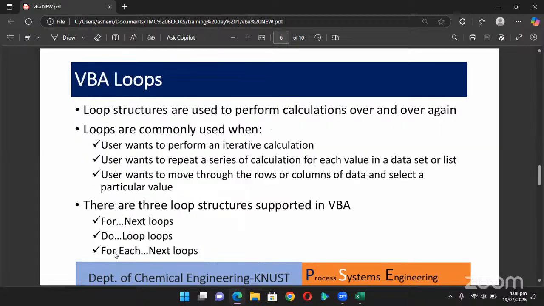So just like how we have if, we also have loops in VBA. Loops are structures used to perform several calculations that need to be done over and over again. Loops are mostly used under certain conditions. When the user wants to perform an iterative calculation, that is, if you want to run something over and over again, it's best to use a loop rather than an if or any other code block. And also, if the user wants to repeat a series of calculations for each value in a data set or a list,